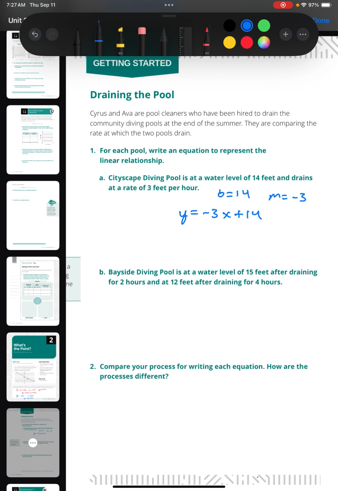For the second one, Bayside diving pool is at a water level of 15 feet after draining for 2 hours and 12 feet after draining for 4 hours. So we need to find slope using our slope formula between 2 points. So if we make 2 points from this, it's at a water level of 15 feet after draining for 2 hours. So 2 hours, it's at 15 feet. 4 hours, it's at 12 feet. So if we use our slope formula,